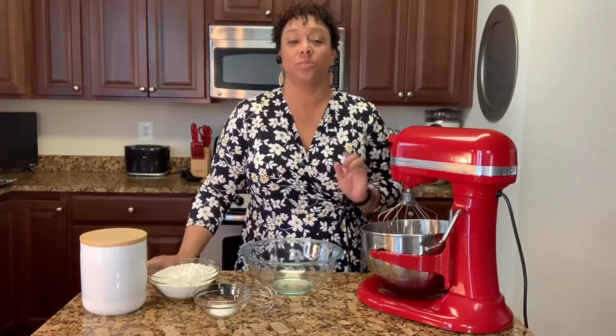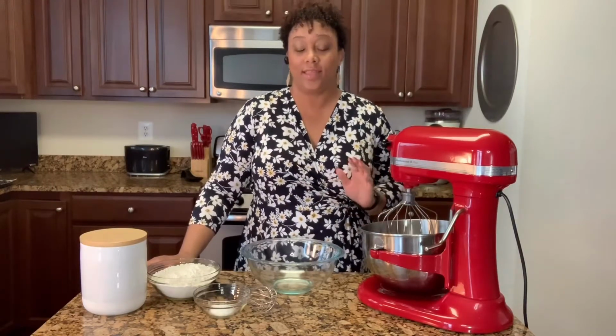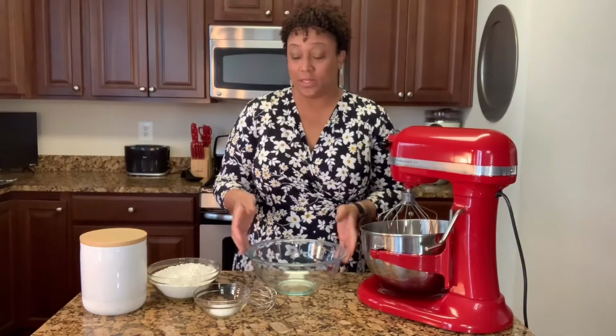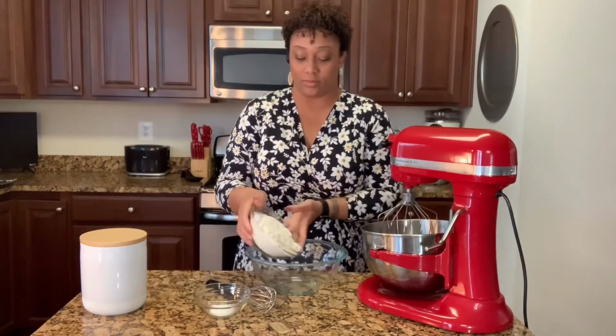I'm so excited to have you here today because it's springtime and it's a perfect opportunity to make this delicious lemon blueberry bundt cake recipe I found online. So let's get started. The first thing you want to do is make sure that your oven is set to 350 degrees Fahrenheit. Then you want to grab your mixing bowl and you're going to take 2 3/4 cups of flour,